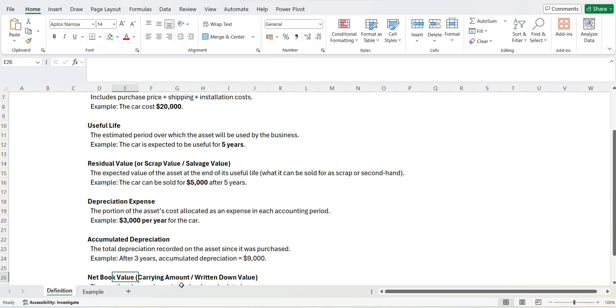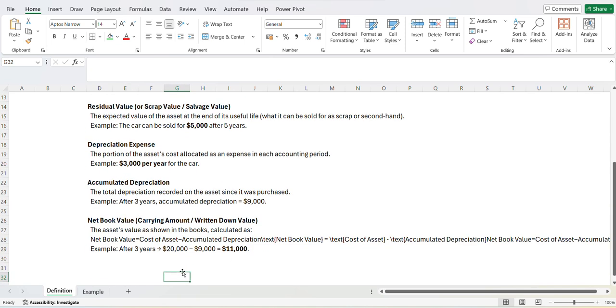And then the difference between the cost of that asset and the accumulated depreciation is what gives you the net book value. So the net book value is the asset's value shown in the books, and it is calculated as net book value equals cost of asset minus accumulated